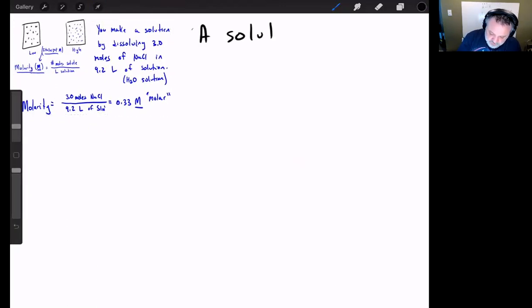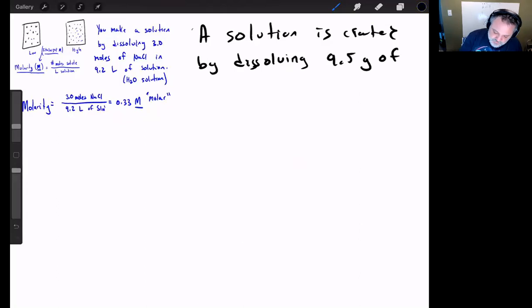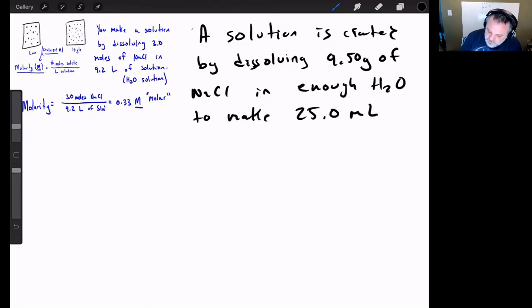A solution is created by dissolving 9.5 grams of sodium chloride in enough water to make 25.0 milliliters. Let's make this 9.50 grams in 25.0 milliliters of solution. What's the molarity? Okay, so the molarity is still